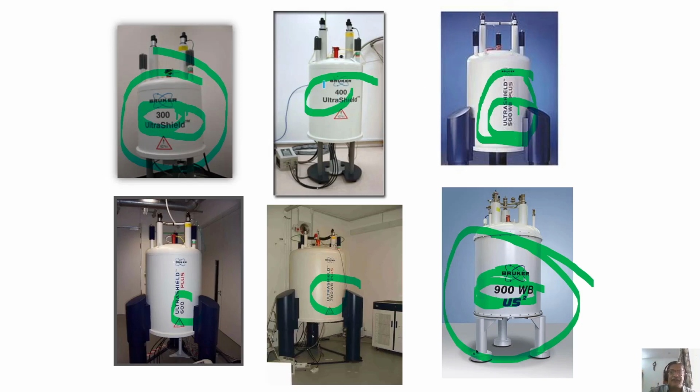But what I am trying to tell you is, whatever number you see on the magnets, if you go to an NMR spectrometer where commercial spectrometers with magnets are there, some numbers are written there. That tells you the corresponding resonating frequency of the spectrometer, and that pertains to the resonating frequency of protons. So if I tell you I have an 800 megahertz spectrometer, that means I have a magnet written with 800 on it, and the console and everything is matched such that protons in that field resonate at 800 megahertz. This is the interpretation you should know.